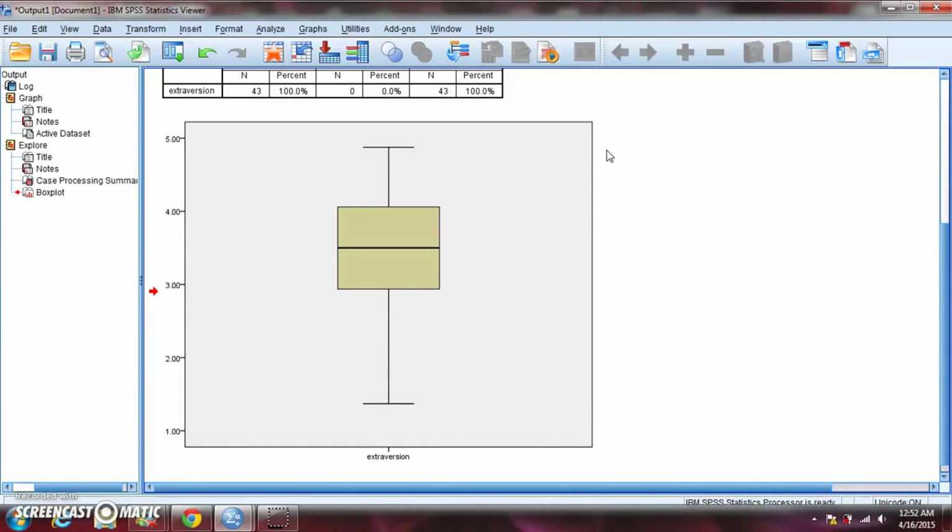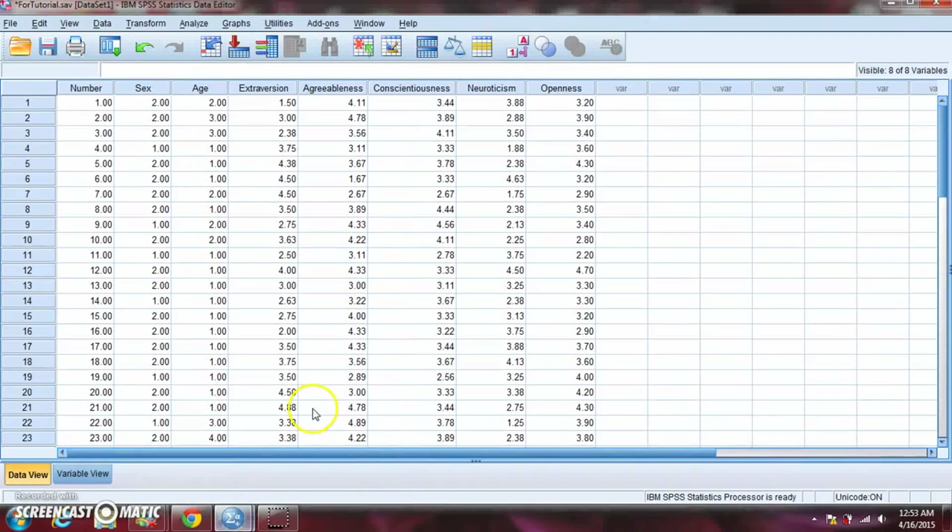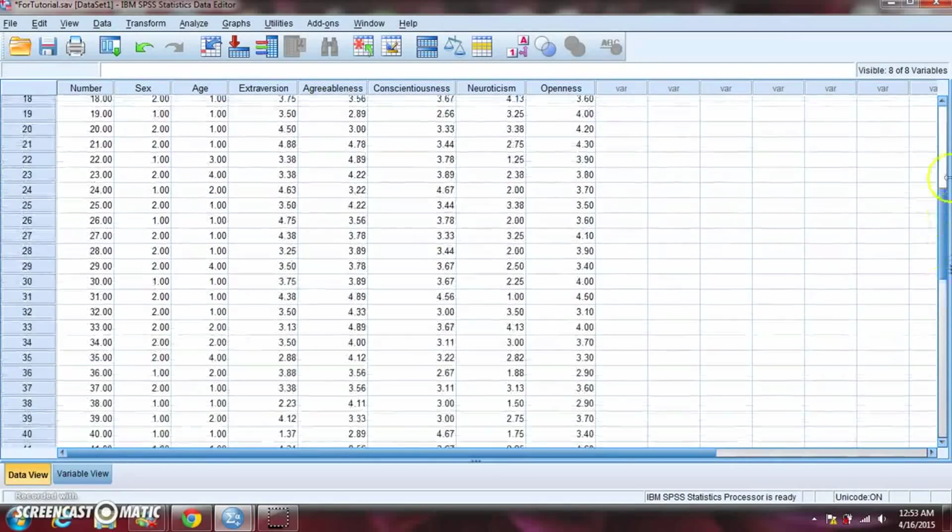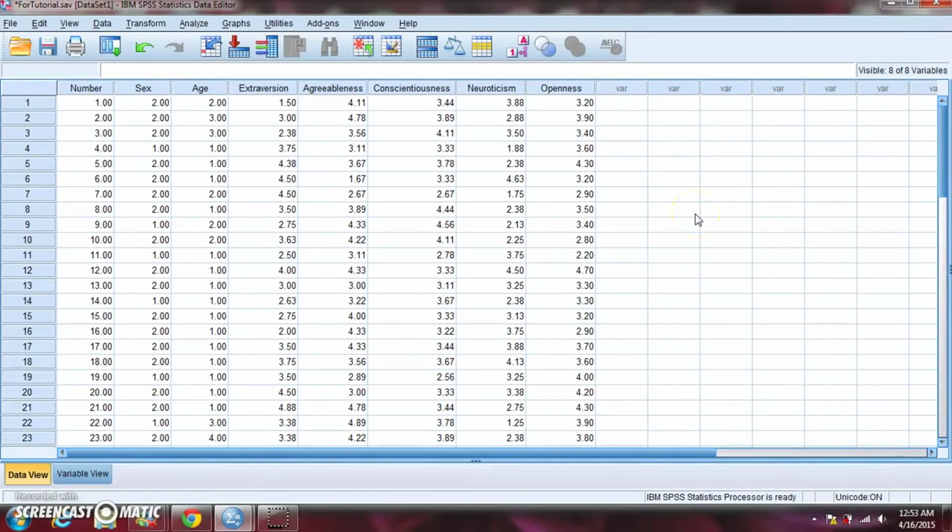Let's take a moment to talk about how we would conduct and run a look at the means or the standard deviations of our variables. I'm going back to the data set. And again, you see our raw data here. A lot of different data here for the different people. Obviously, we want a quick way of kind of summarizing that. The graphs were helpful. The mean, standard deviation, helpful as well.